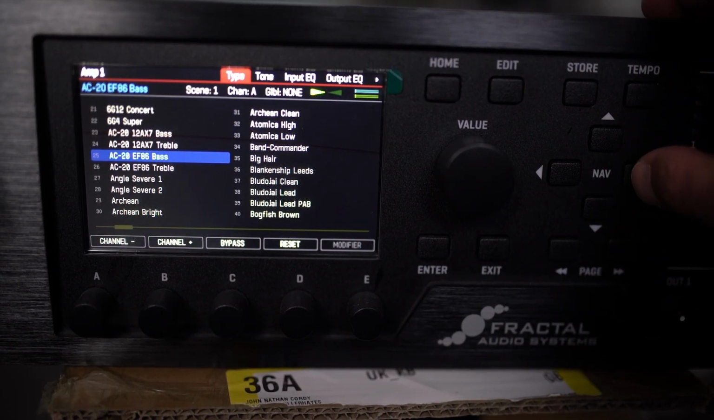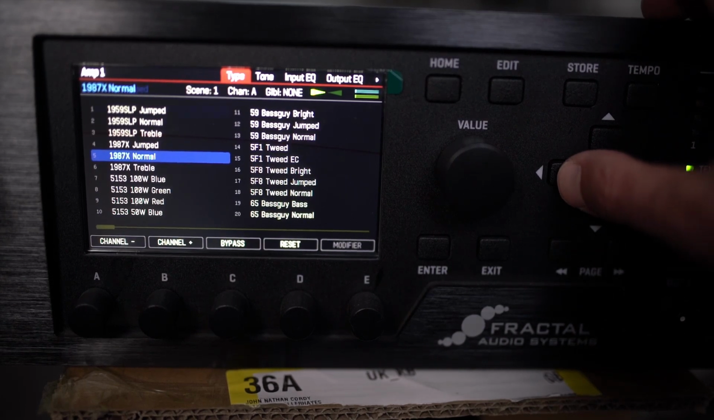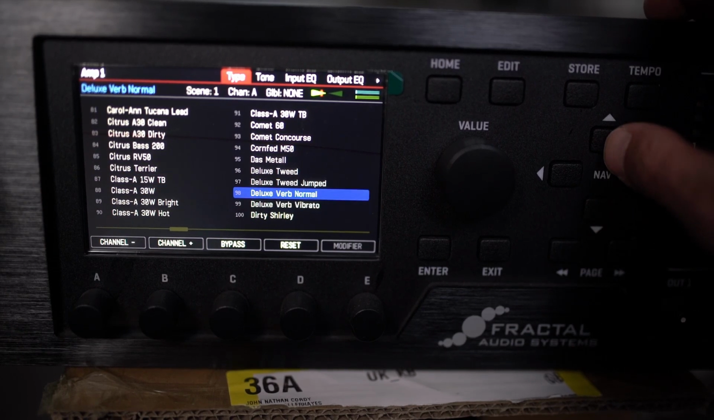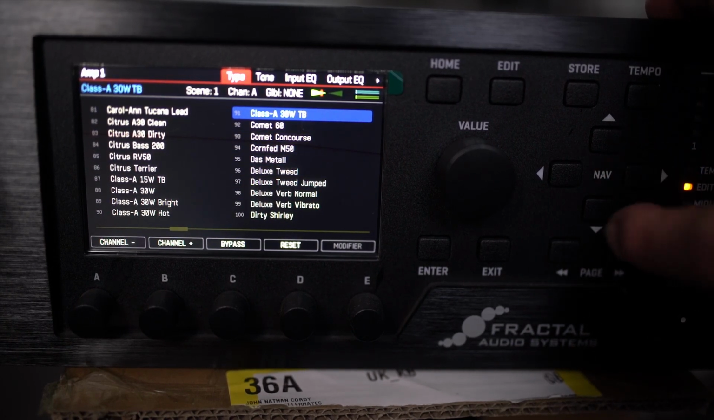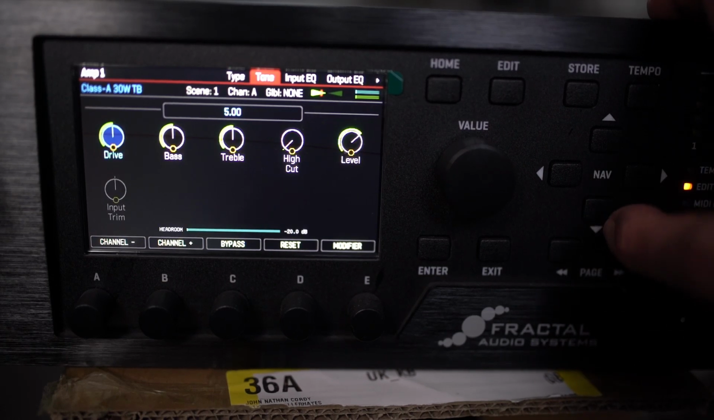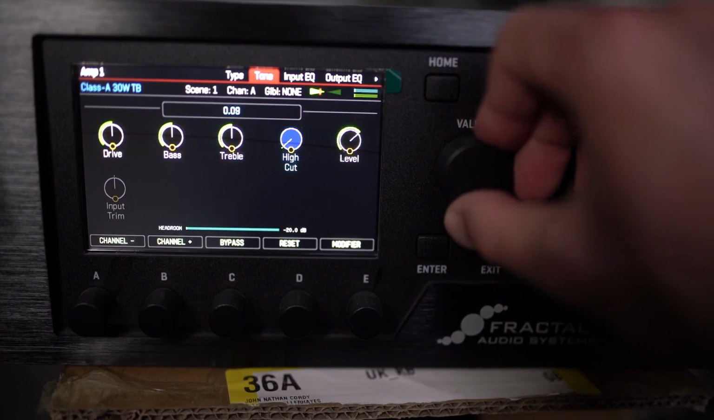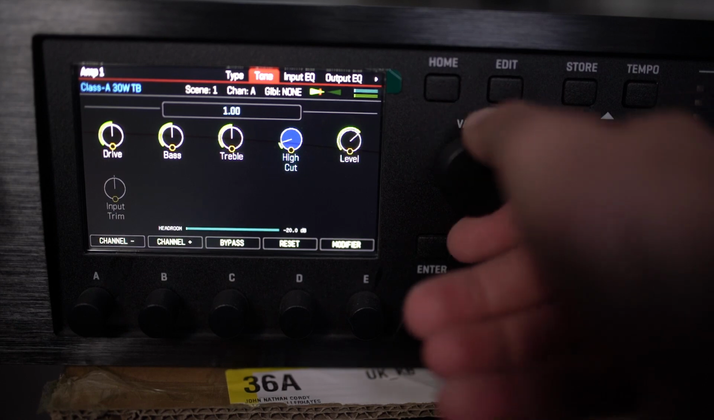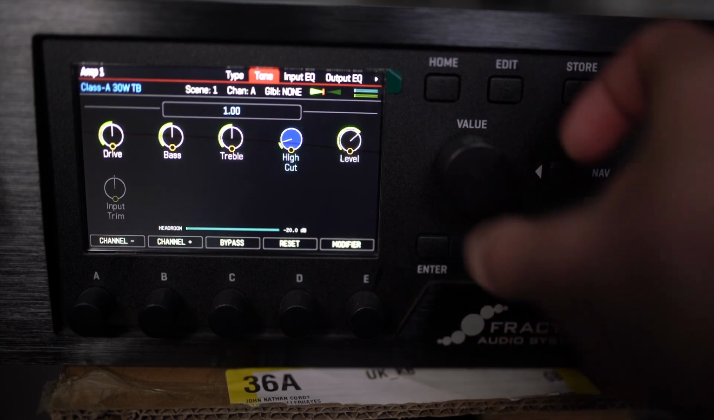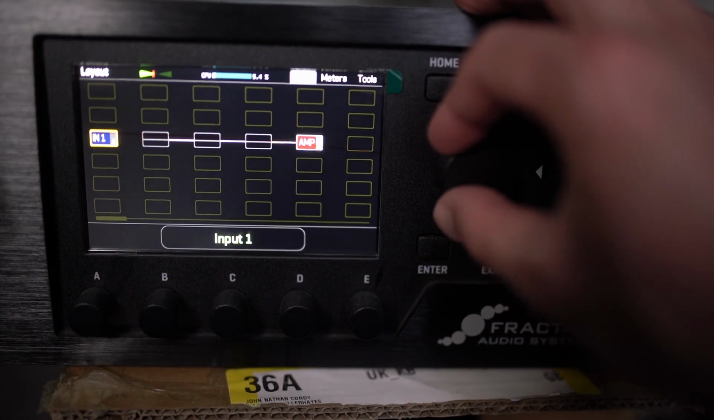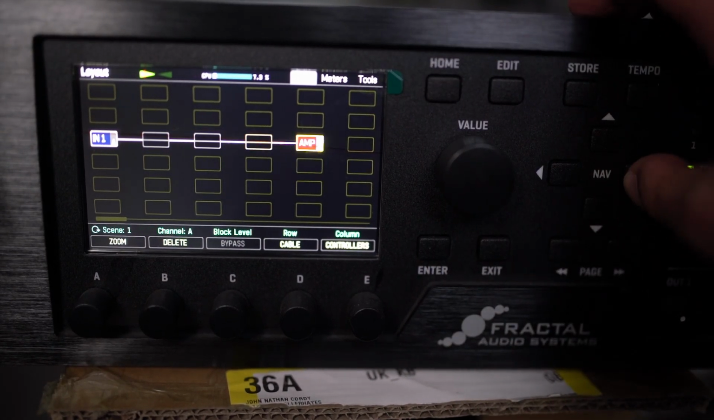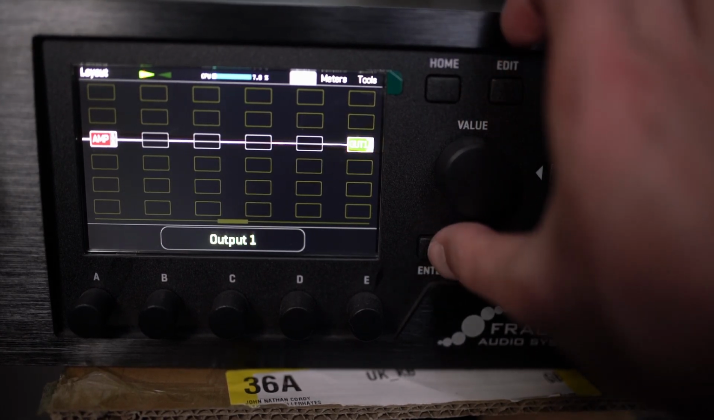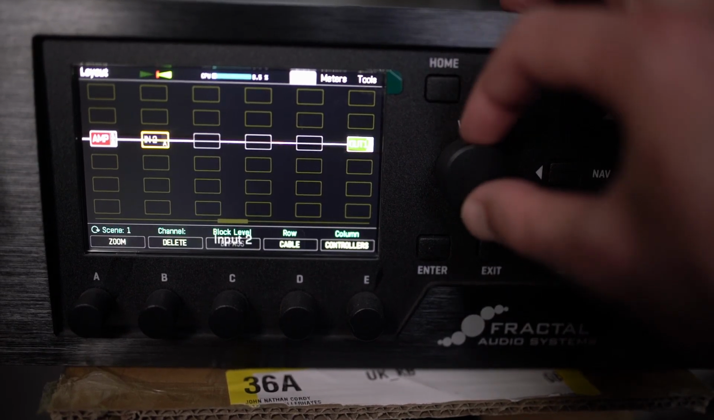But I think let's start with an AC30 of some form. Here we are. So we're going to go with the top boost channel of a Class A. Okay, and if we go across, I think I'm going to start roughly like this. The high cut at about 1. Okay, and obviously we need to also create the in and the out. So now I'll create a cab,